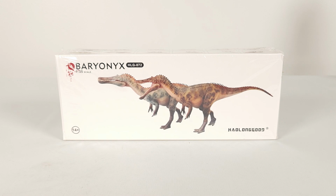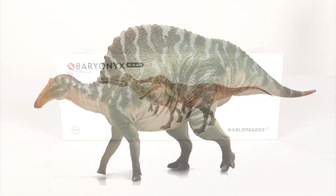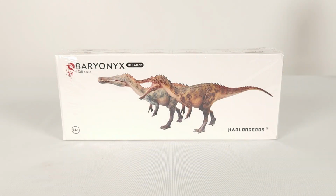If I've said it once, I've said it 1,000 times. Haolonggood has a magical way of knowing what collectors have asked for but don't receive from the market and then releasing it themselves. I felt this most acutely with the Pentaceratops, the Uranosaurus, and the Apatosaurus in 1-35, and now